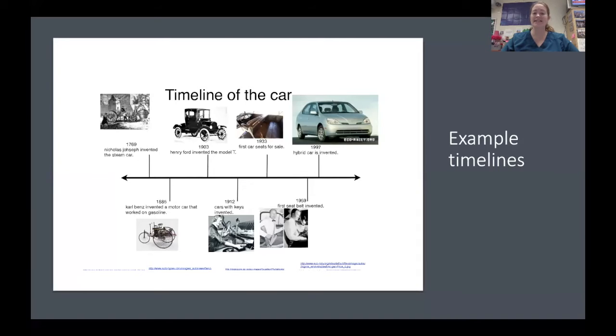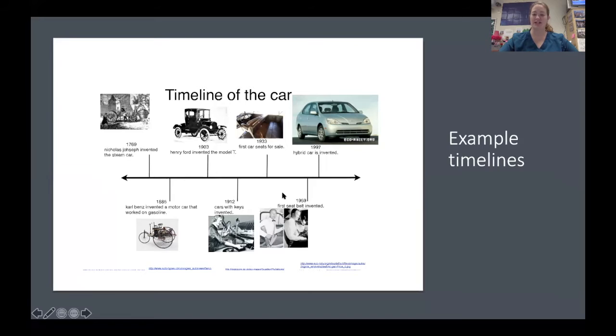Now, we looked at this example earlier this week. This is a timeline of the car. I can see I'm following the tick marks to see what was happening in the order that it was happening, right? Because I know cars have not always looked like this. So I'm like, hey, I want to know the history of a car. So I can come all the way back here to the very beginning, the first tick mark, and see, oh, this is what happened first. And then I just go to the next tick mark, next tick mark, next tick mark,